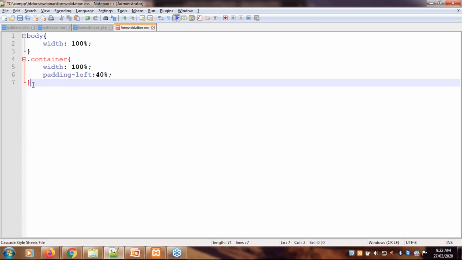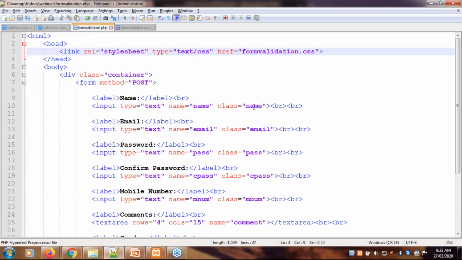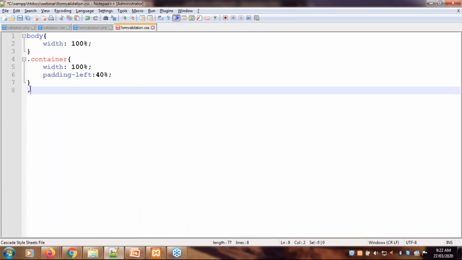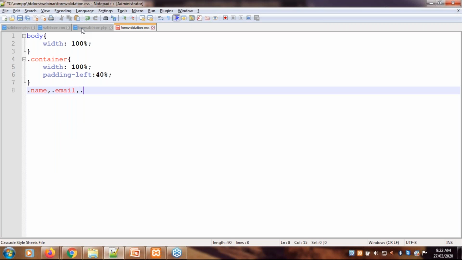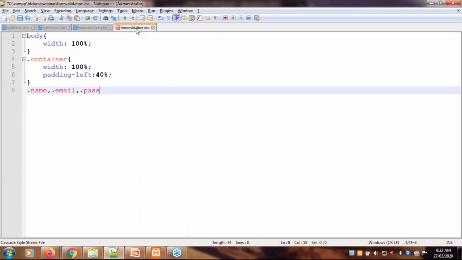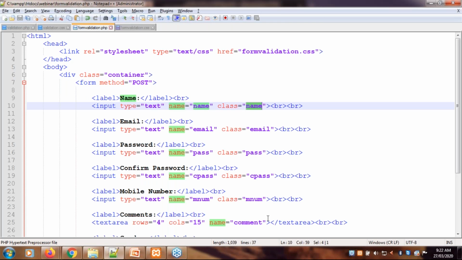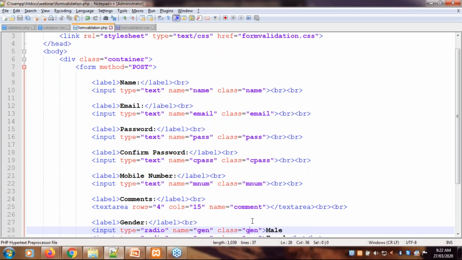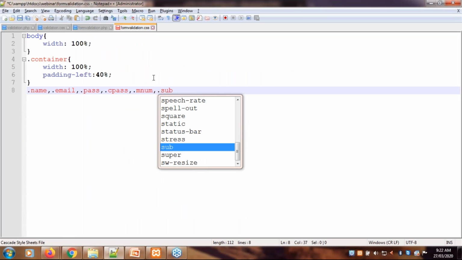Now next, I want to give all the inputs the same width and the same height. So write down all the class names, and a class is accessible by dot name, then dot email, then dot pass, cpass, mm, then dot sub.